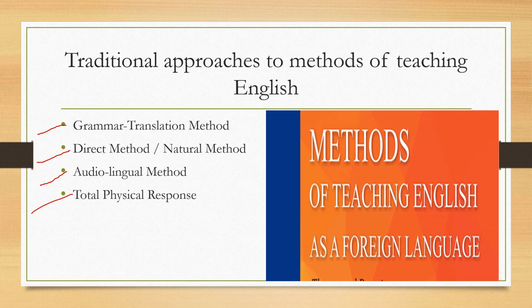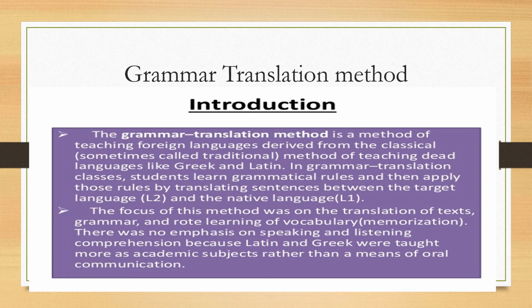So let's get going. The first method that we have to discuss today is the grammar translation method. It's also called the GTM method. I don't know if you're very familiar with it, but I was taught English with the help of this method because we were taught things in our native language and then we were told to translate it in English. So we could identify the similarities between our native language and this language, or the differences between our native language and the target language, and we would know that okay, this thing is called this in English and similarly this thing is called this in our native language. So we learned through translation.